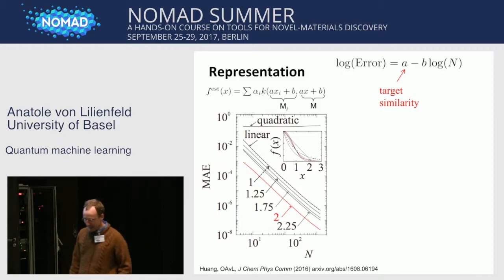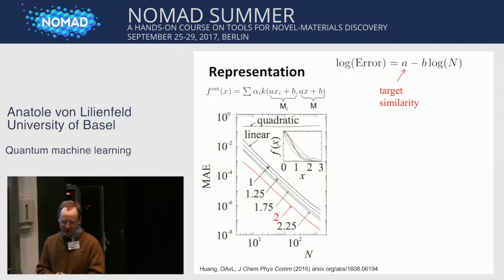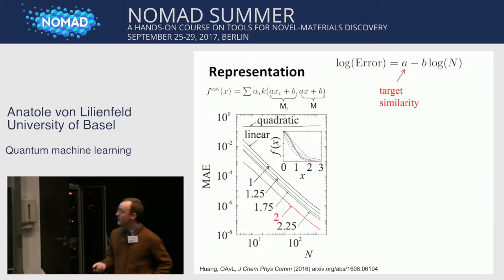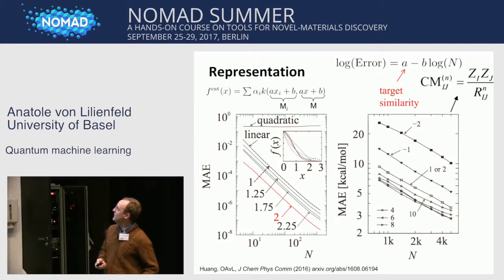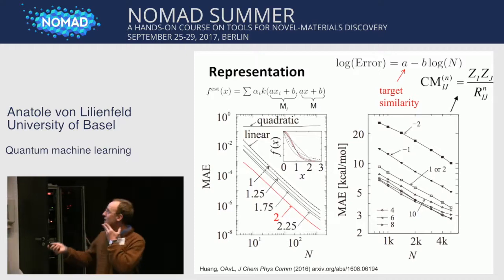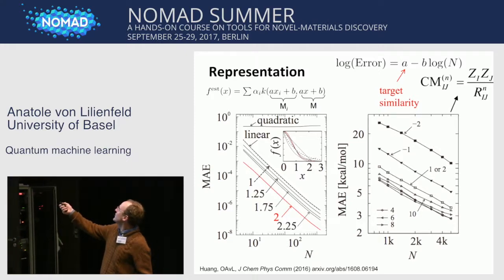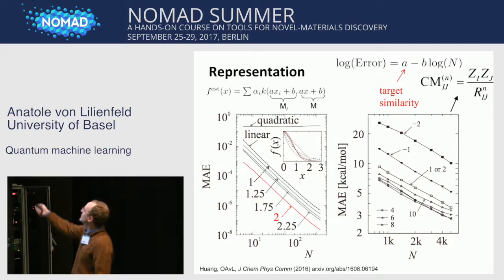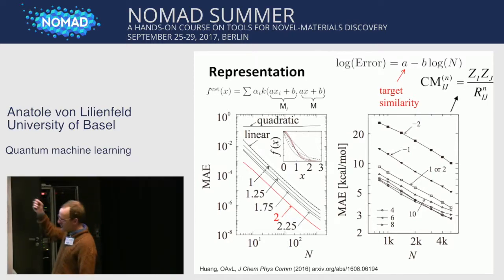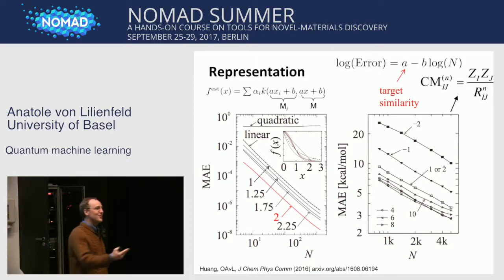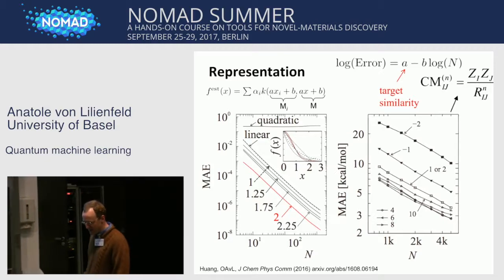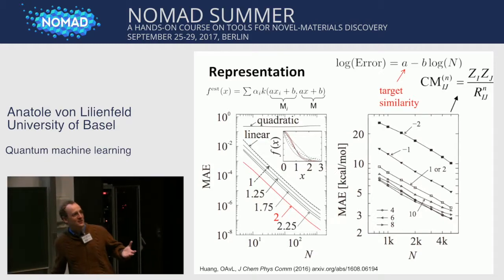So this would suggest that the closer your representation to your target, the better your model. Now, we wanted to see if this also holds for molecules. So we used the Coulomb matrix, and if you look at the 1 over r term, of course, you can put in an exponent here, and by changing the exponent, you can modulate the physics in this. And the first thing we wanted to see was actually if we can make it worse.